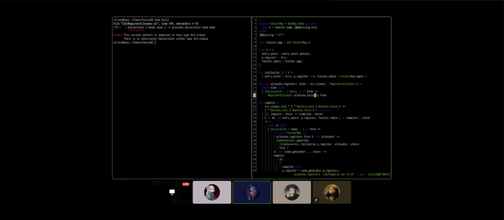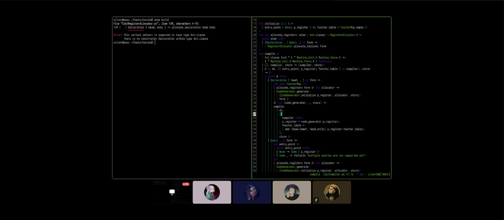Yeah, you see line 34. Line 34 grabs a form, then it... yes, this is correct, but this is correct because we're only dealing with one declaration here. If we do what you propose and say, okay, we're going to fold, we're going to ignore everything and just grab the last one, then we're going to use the register allocation for the last body for all of the bodies.